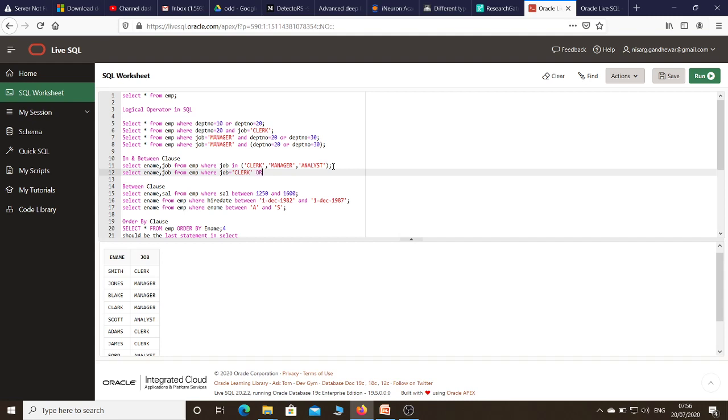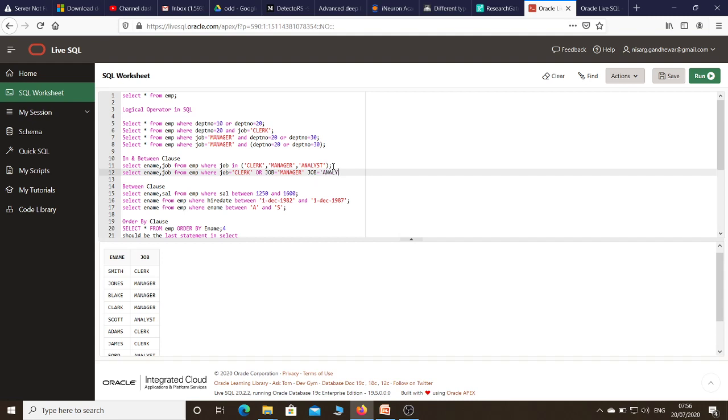No issue, I can write either in small letter or capital letter, because SQL is not a case sensitive language. Again I need to write job equals to manager, then OR job equals to analyst.